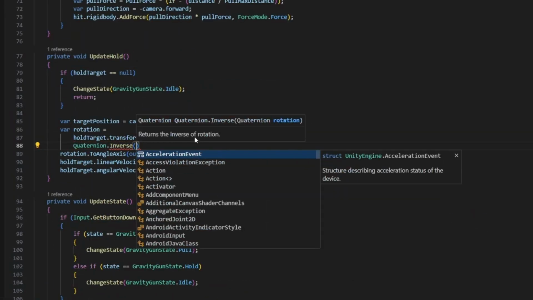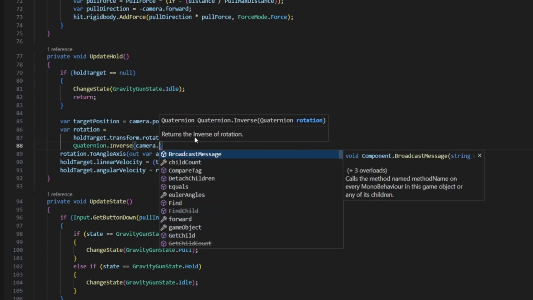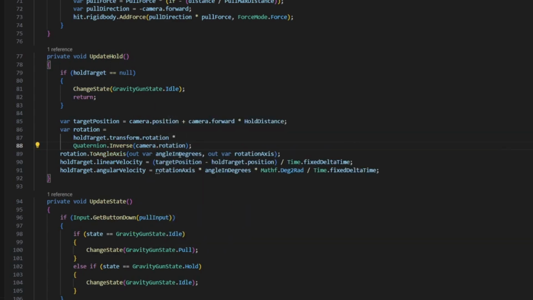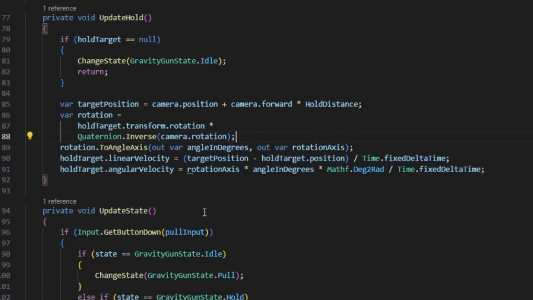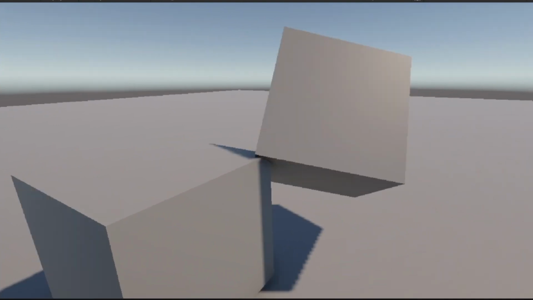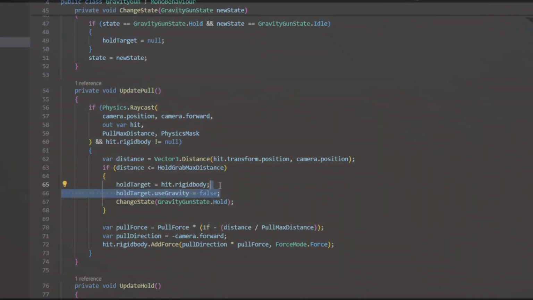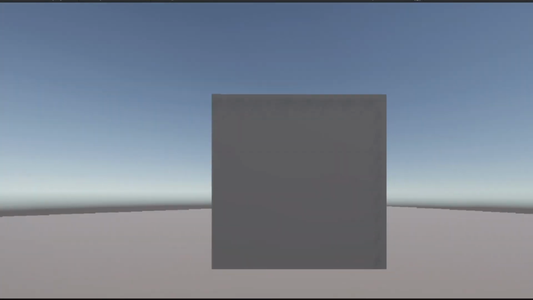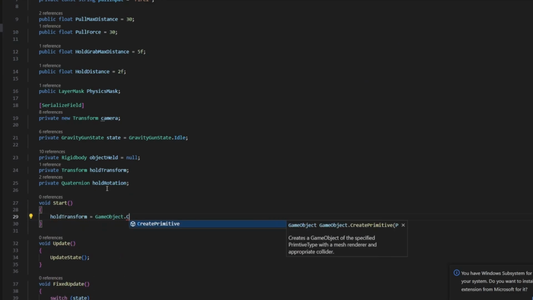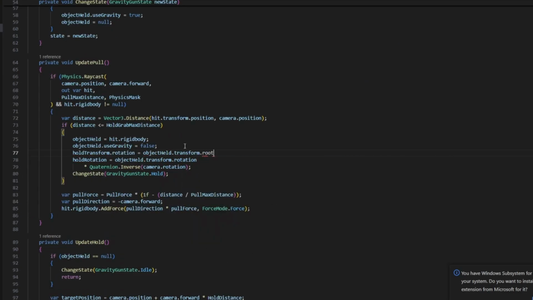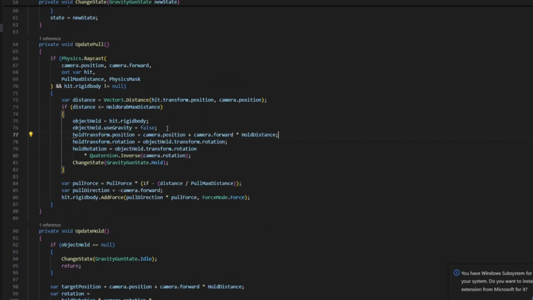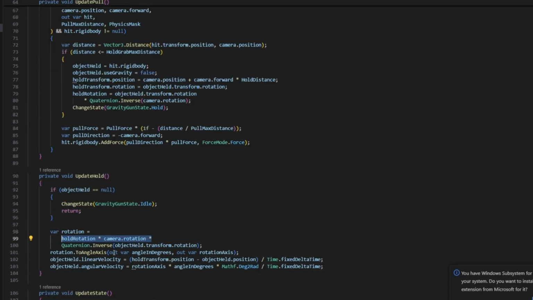But these are physics objects and we want them to behave like physics objects. So holding an object with the gravity gun means using forces in the physics engine to keep it in position, by adjusting linear velocity. Doing this also ensures that you cannot move the object through other physics objects. Gravity is disabled when the object is held, so that it is not constantly being pulled down. The object's orientation is also maintained with angular velocity. The relative orientation to the camera is captured when the object is grabbed, and then that relative orientation is maintained when the object is held.